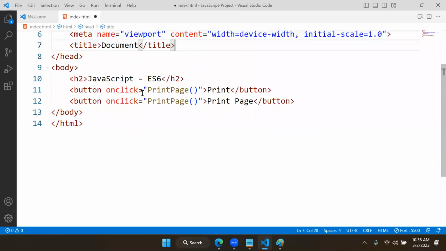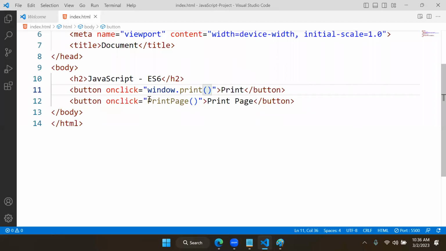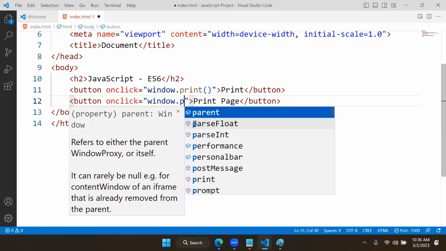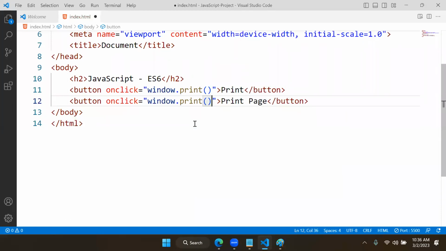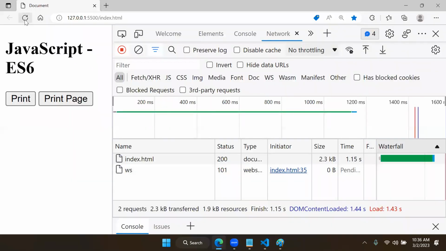I will write the code inline. What is it? Window.print. We are writing the code inline. When you are writing the code inline, now I will refresh this one more time here and let's add